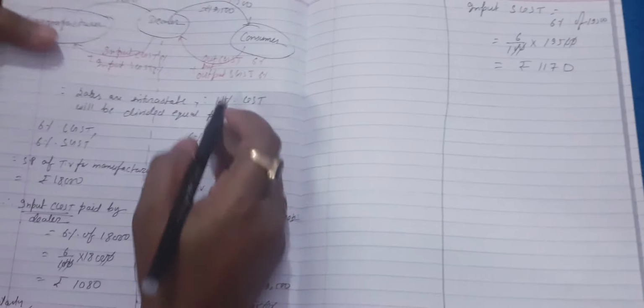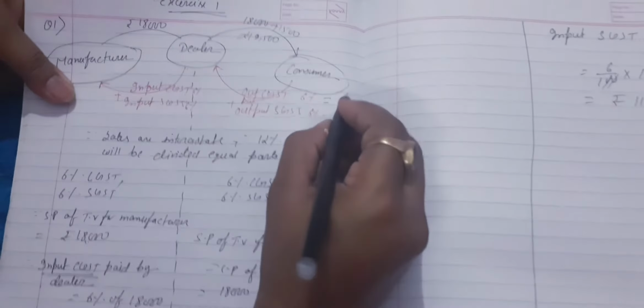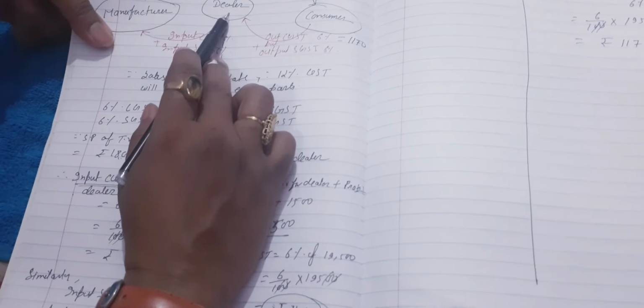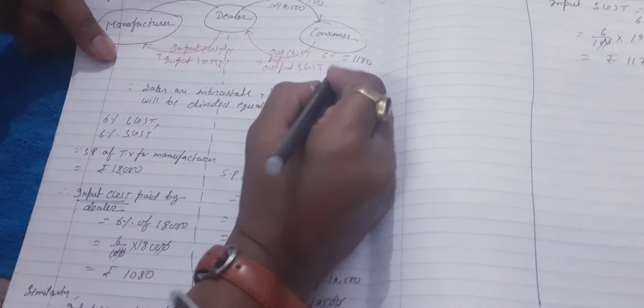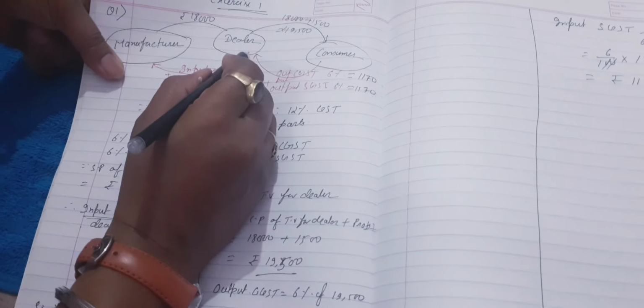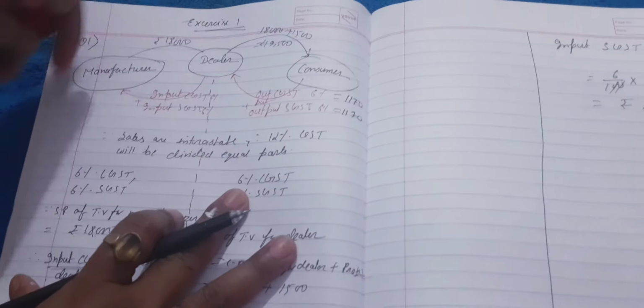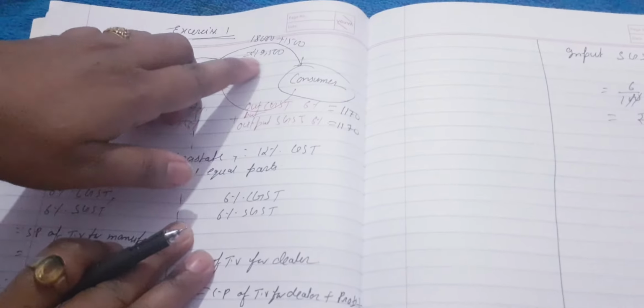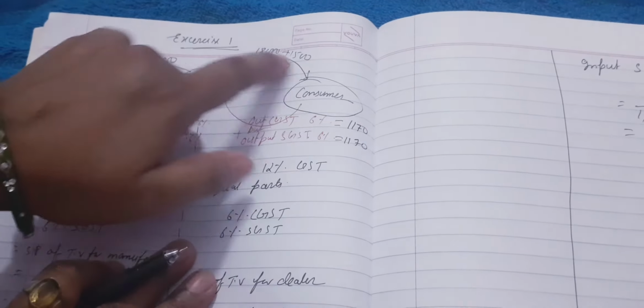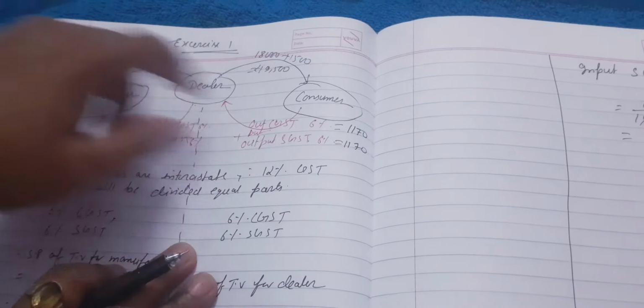See, what is CGST for the consumer? How much CGST will the consumer pay? It is 1170. Just now we have found out that the consumer will pay rupees 1170 to the dealer as tax to the central government, and to the state government it also pays rupees 1170 to the dealer. So if the question asks how much money the consumer will pay, you will add all these three, this amount, this tax and this tax, that is the total amount paid by the consumer, right?